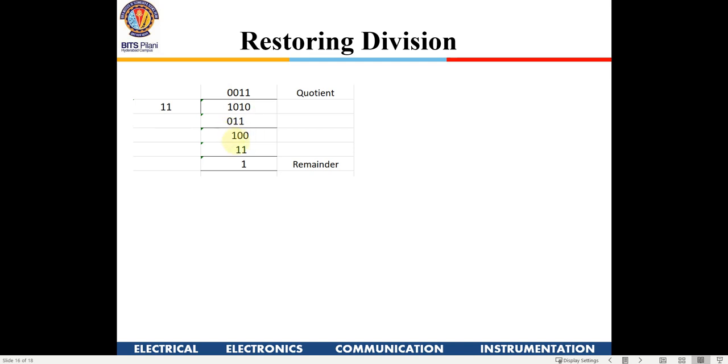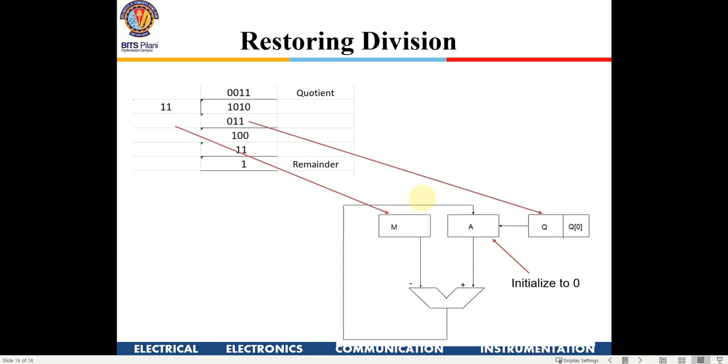We are not going to restore it back, and we are going to retain the difference. The difference is 10 here, and we are going to take the next bit here, right? So the logic here is, first we take one bit, and we subtract this number from that. If it's a negative number, we put 0 here and retain the number. And if it's a positive number, we take the quotient as 1 and retain whatever is the difference which comes here. So this is how the restoring division logic works, right?